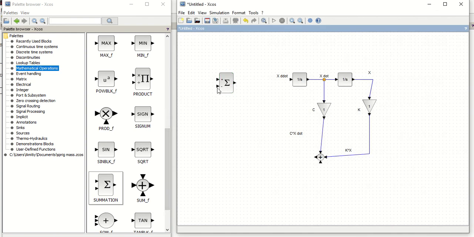So now I need to connect this summation into the big sum block. Now you can see we are having minus c dx by dt minus kx.